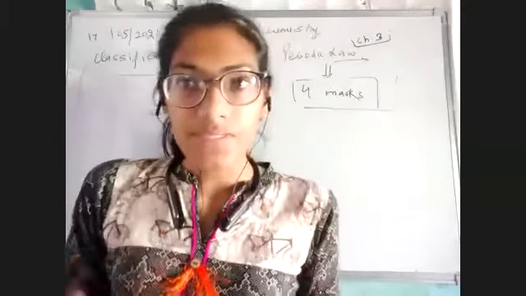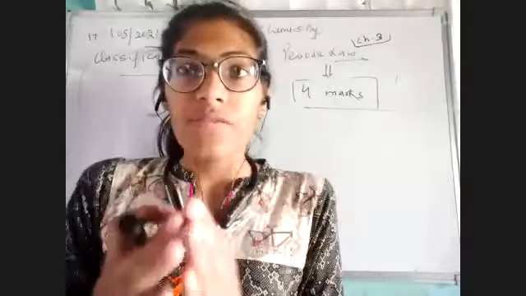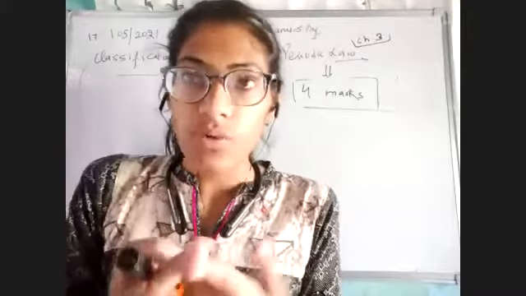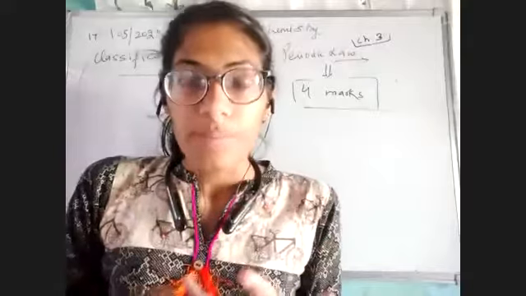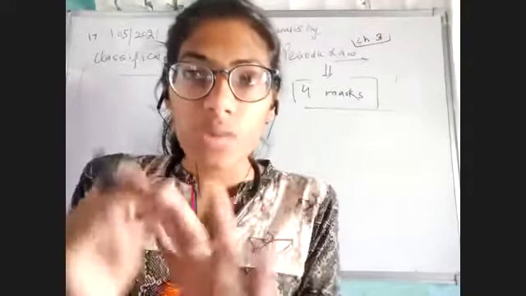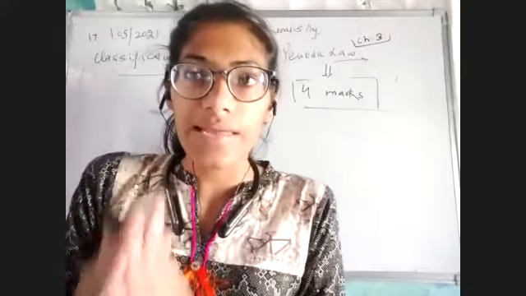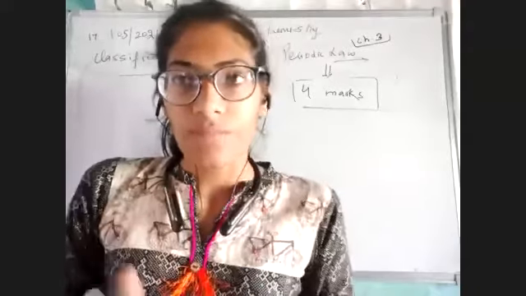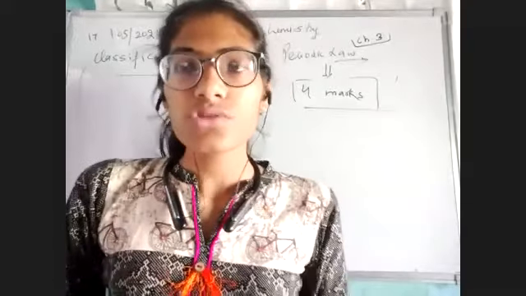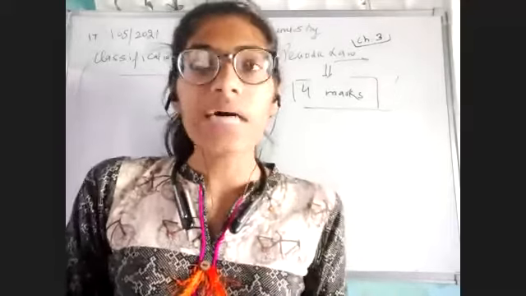But after some time, due to some research and properties, we understood that our elements are basically made up of electrons, protons, as well as neutrons. And to arrange them, we do not need atomic weight. We need some other property, so that we can arrange our elements in a good periodic arrangement. So that's the point. Now let's see what the other scientist has given.